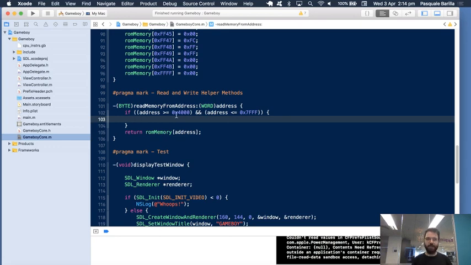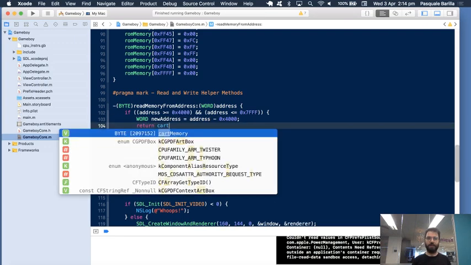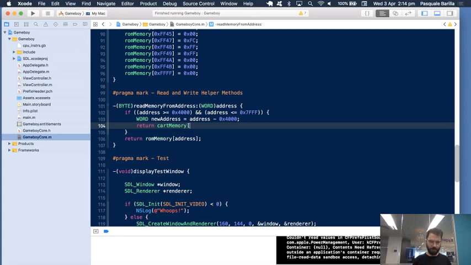I don't know what I was talking about there, because it's just a contiguous kind of memory map. So if it is actually that, we want to take it from the cartridge. So we go word new address equals address minus 0x4000. Then we just go return, on a new line, cart memory, new address,